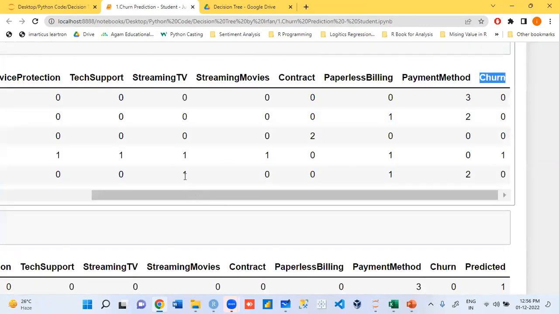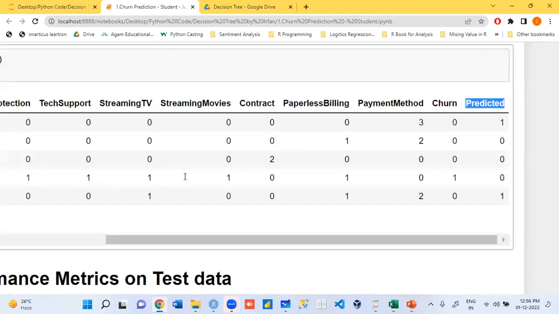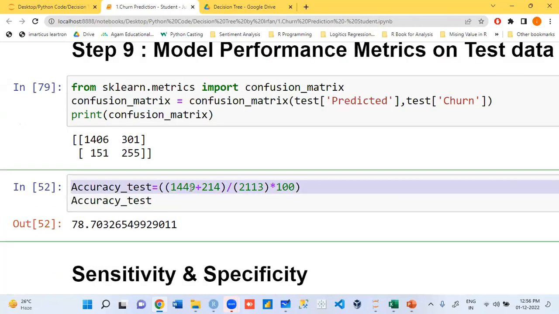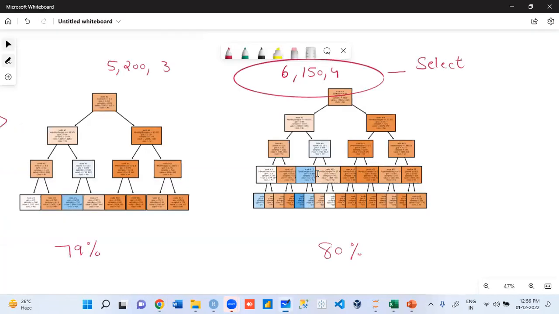What is the value? 0.06. How much percent? Bad. Is the model good or bad? Good. The model is good. And the performance of the model on test data is the accuracy, and this was your testing accuracy.